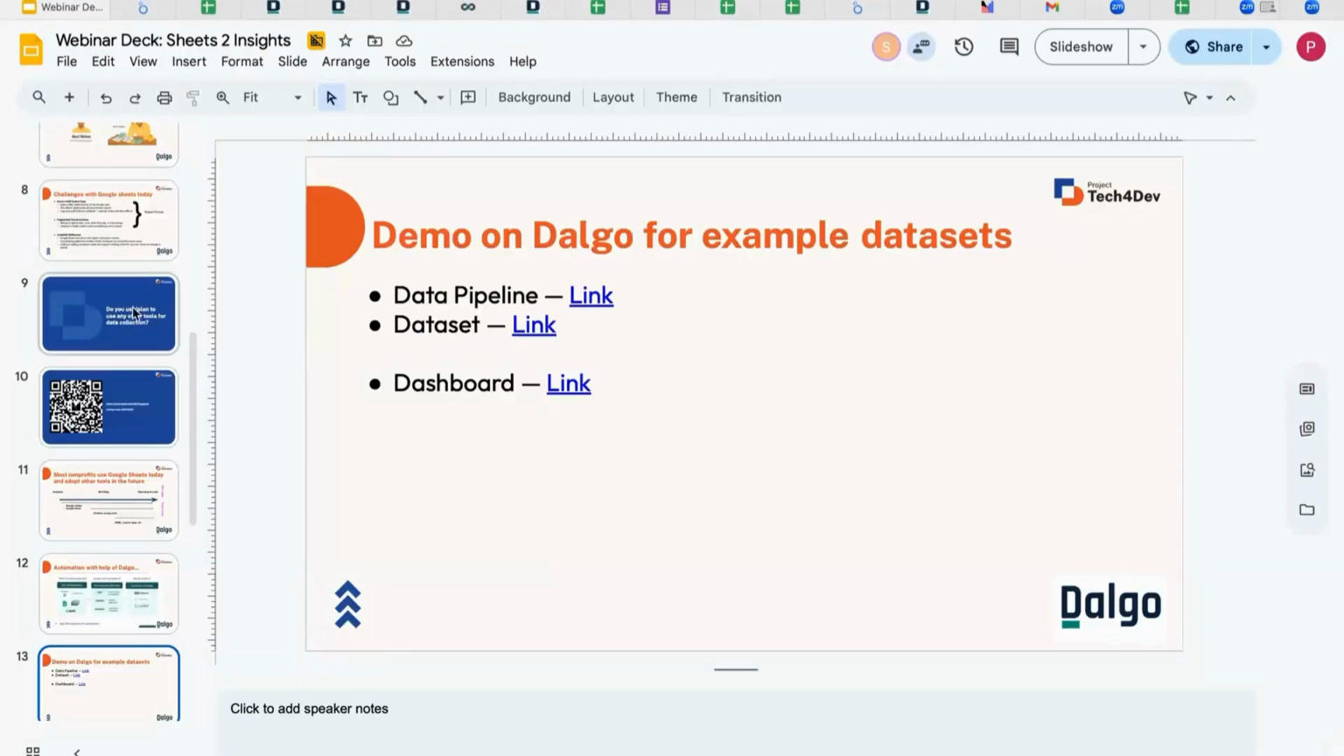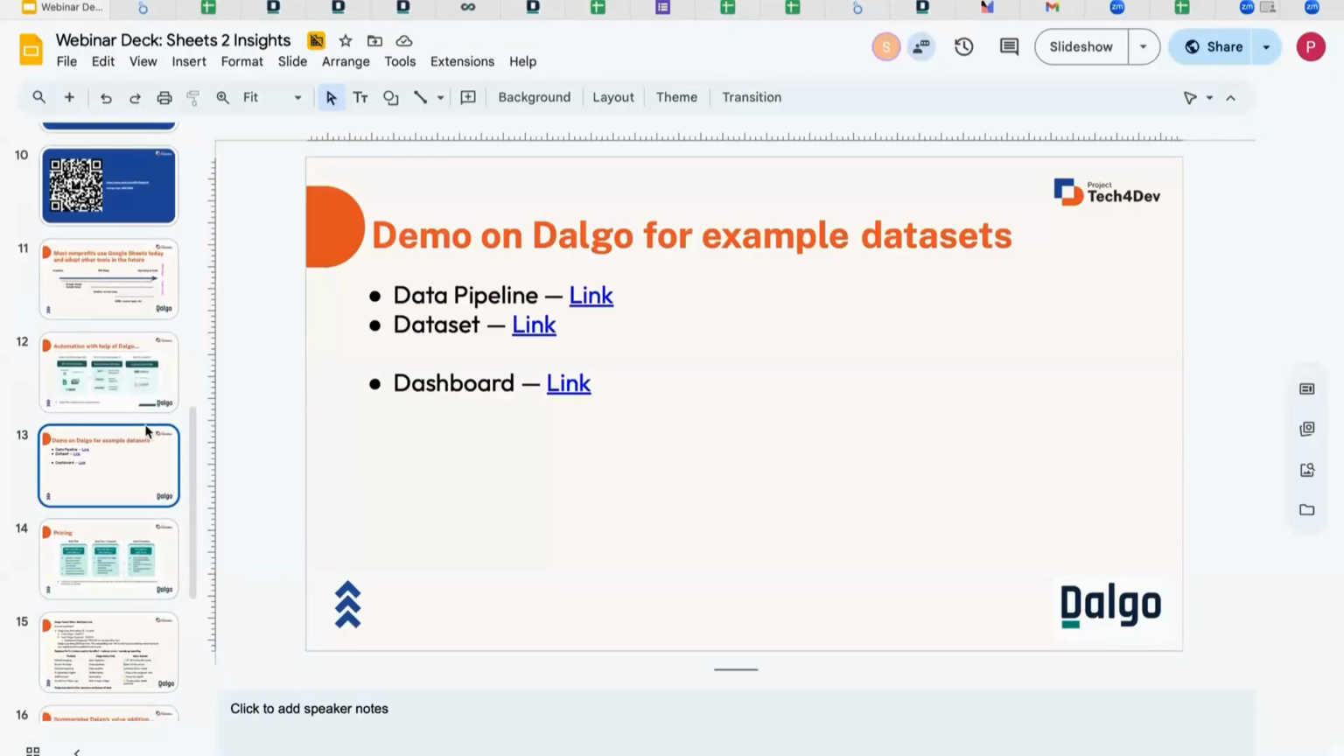Now what is happening is when you are able to do all of this, then obviously if any change happens, then you need to refresh the schema in Dalgo. Once you do that, you will be able to see the updated values in the sheet, and all this can